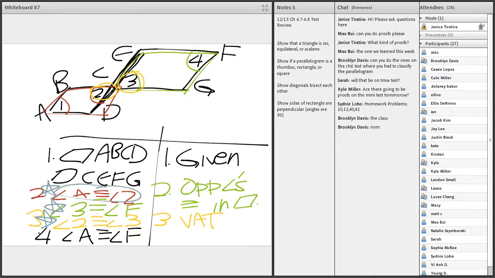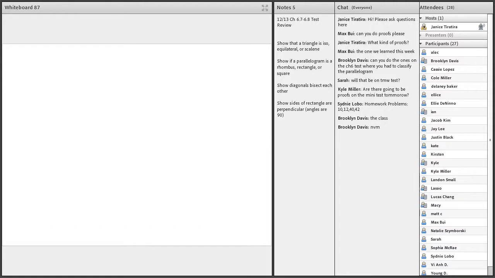So the red ones and the yellow ones, basically the 2's cancel, right? Transitive property. And now the red A is congruent to the yellow 3. And if you look at that with the green one, that means the 3's will cancel. So it's either transitive property or substitution. So that was one from last week's test. All right. Substitution. There won't be 2-column proofs like these. It'll more so be